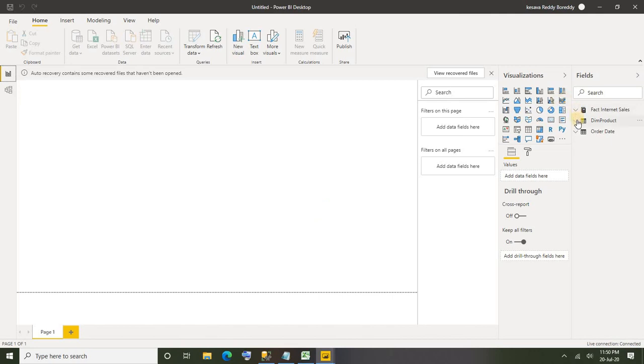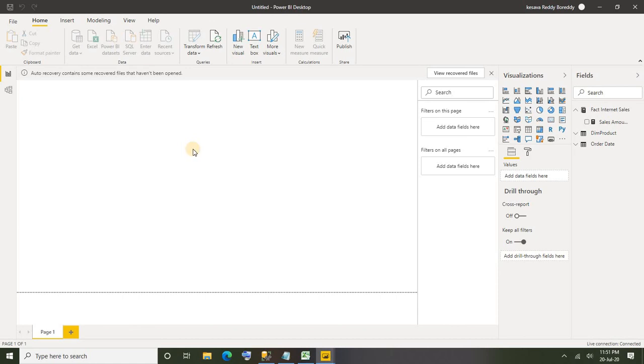Okay, so fact internet sales is the measures table, and we have got 2 dimensions as well. Yeah, I hope this is clear for you guys. This is how we can get the data into your Power BI, by using import option, either by using direct query or live connection, and also we can have the data inside your Power BI by using the enter data option. Alright, so I hope this is clear.